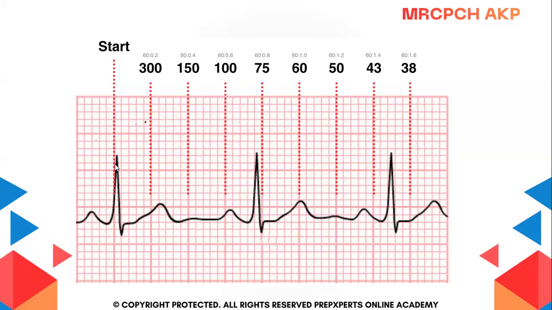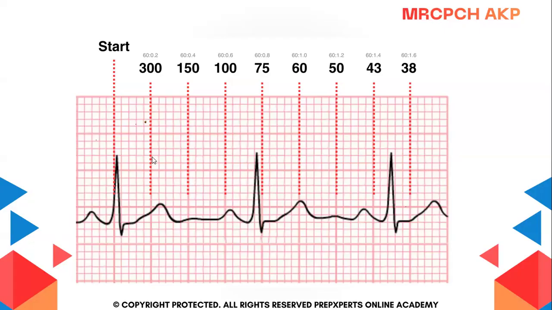So how do you check it? One large box, we assume it to be 300. If there are two large boxes, then we assume it to be 150. If three, then 100. And if four, we assume 75. The fifth one, about 60, and then it drops down. I want you to memorize till 60 because most commonly you'll get ECGs which have a range from 300 to 60